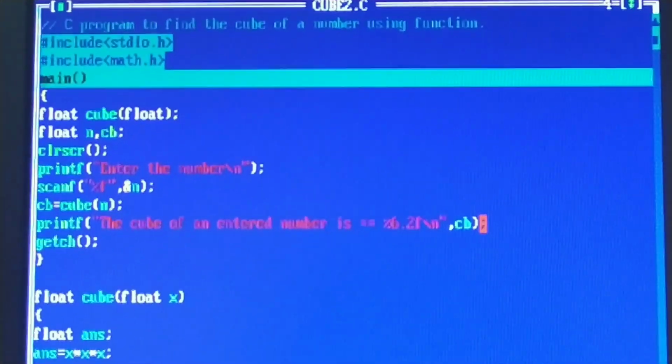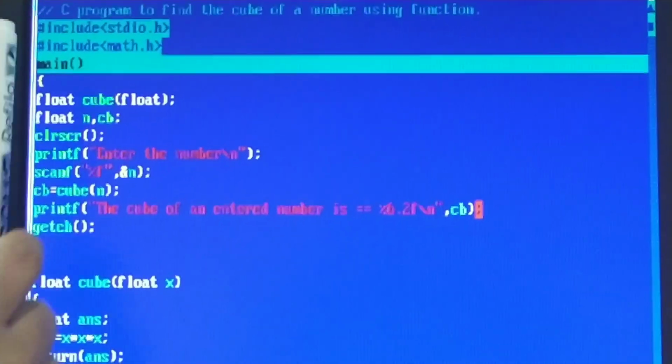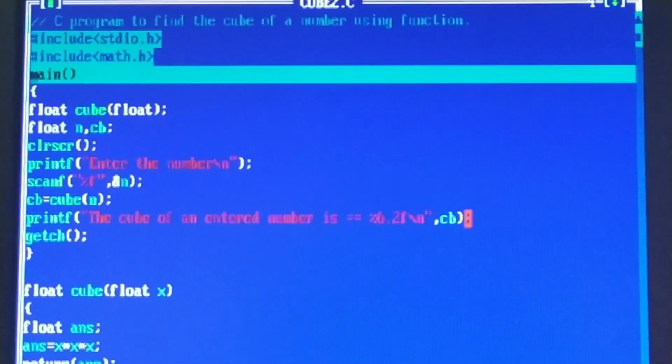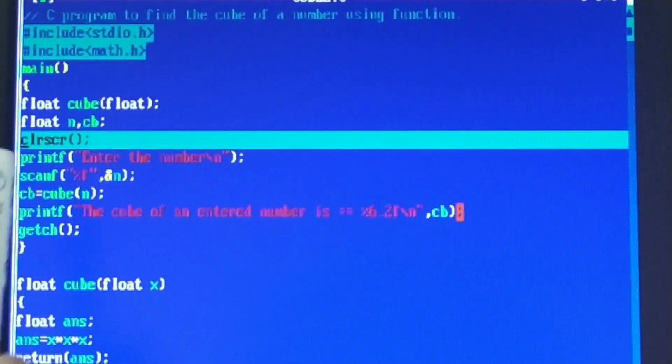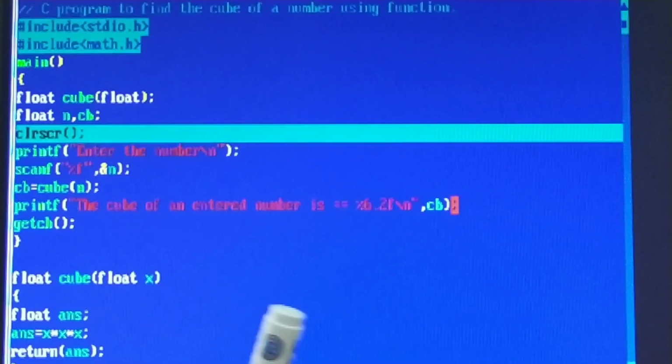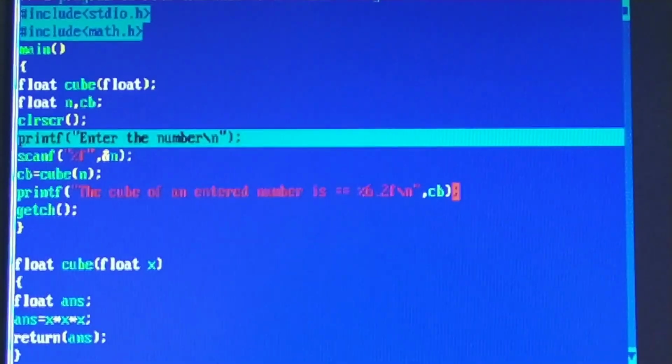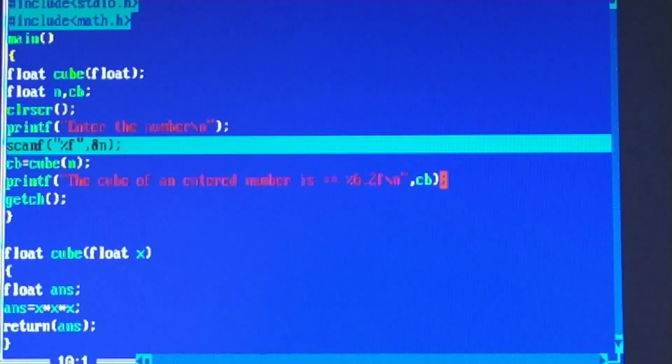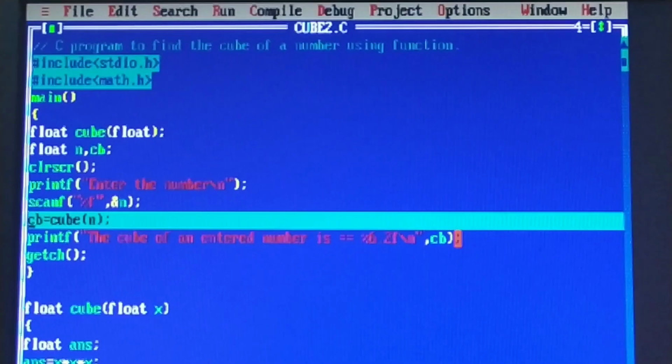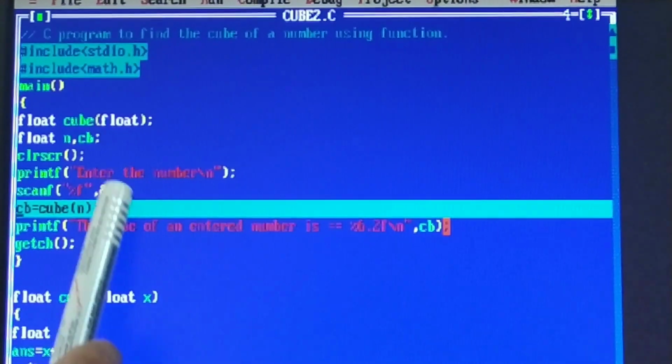So first, starting with the execution, it starts from the main function here. Again we will press F7. It will go for clearing the output screen here. Again it will ask for entering the number. Through the scanf we will give the number, that is the same number 3 here again. So press enter and you just observe the difference here.